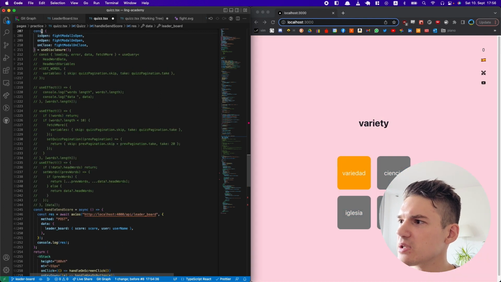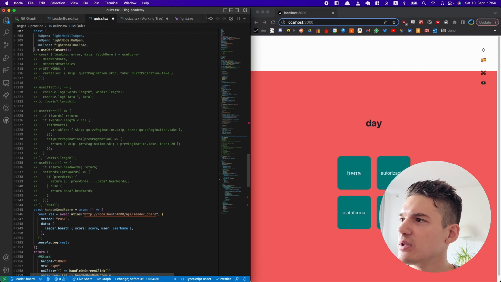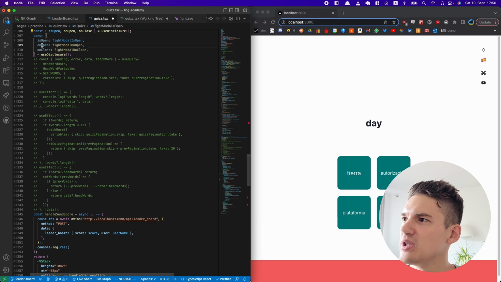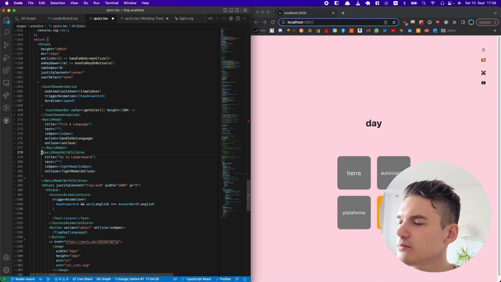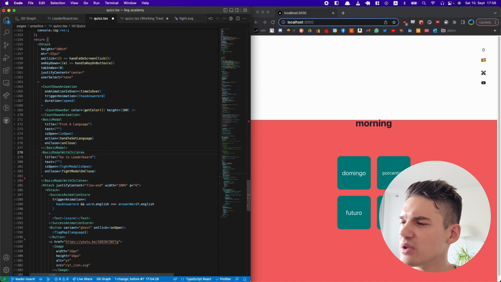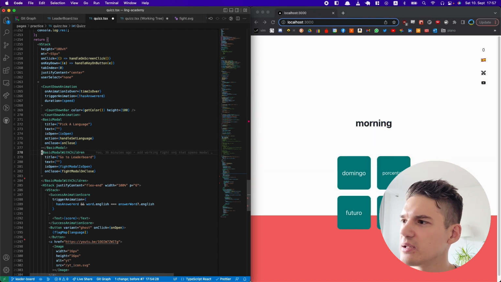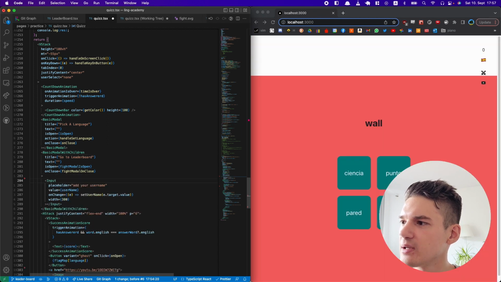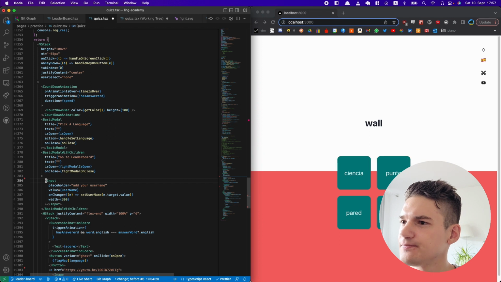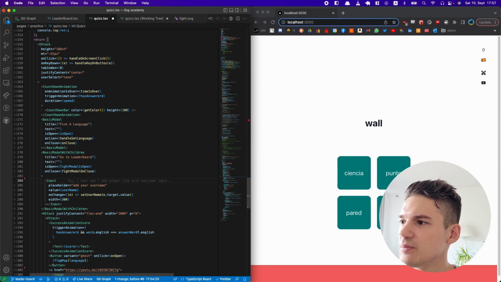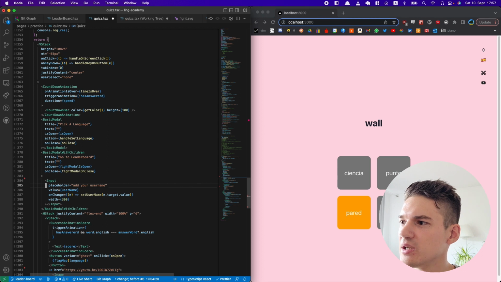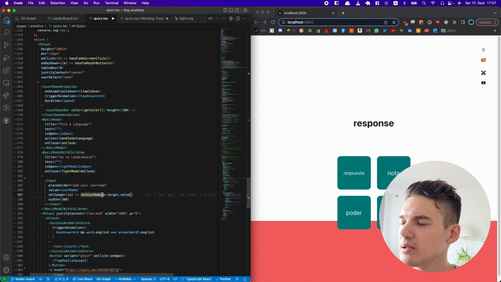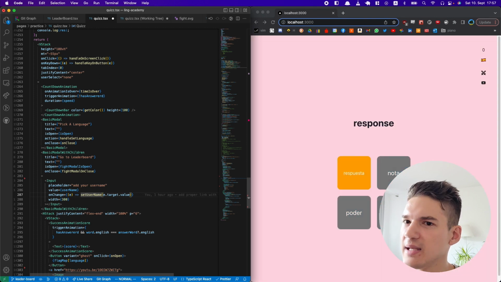Okay, so next I have a modal, and because I already have a different modal for the different languages, I have to rename everything here. And then this is the modal. I modified an existing modal to accept children, so that I can just pass the children down here, like so. First, we have an input, and once the user has set the name, like so, it will then enable the button